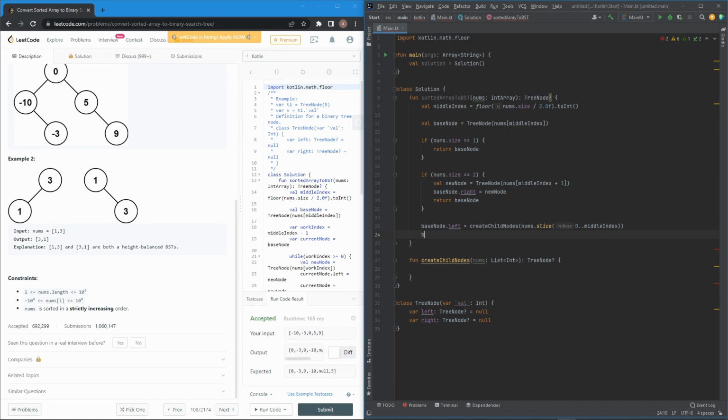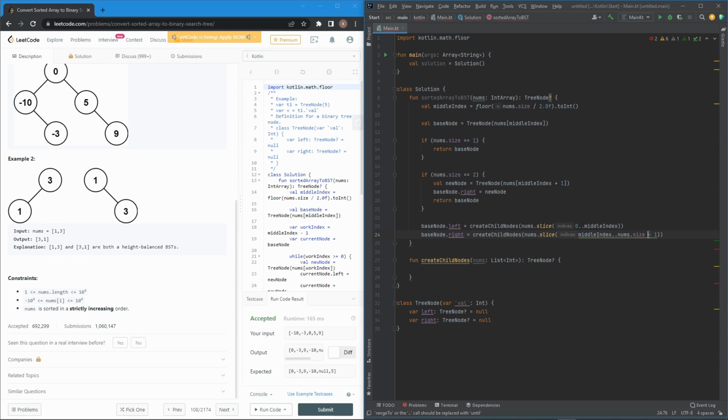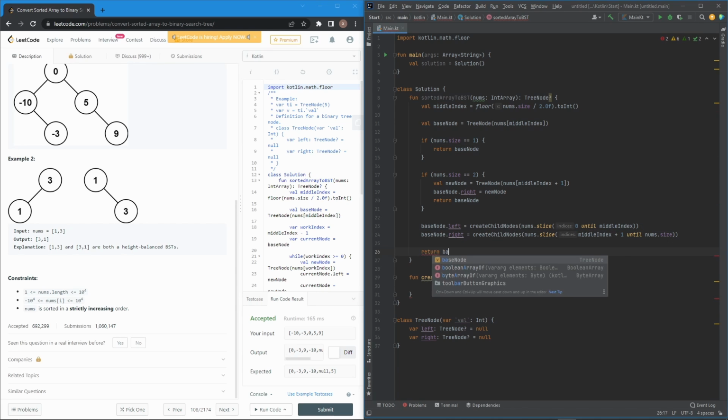And consequently, we do base node.write equal to create child nodes nums.slice from middle index to nums.size -1. Or there's probably a better way to do that until nums.size. Actually, though, we want to do middle index +1, and here we want to do middle index -1. Return base node. And we're actually going to need another